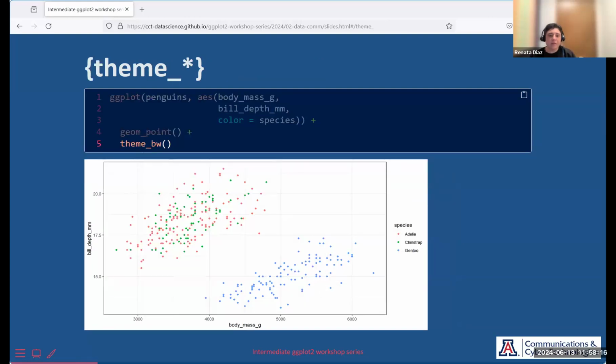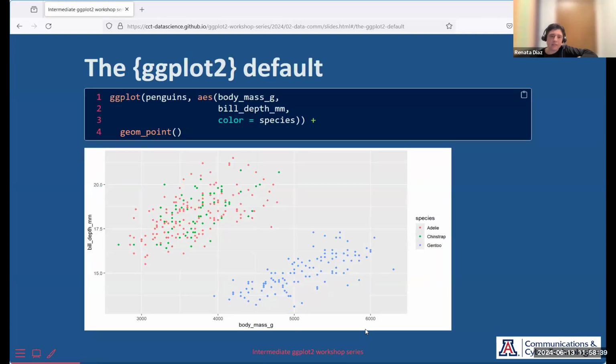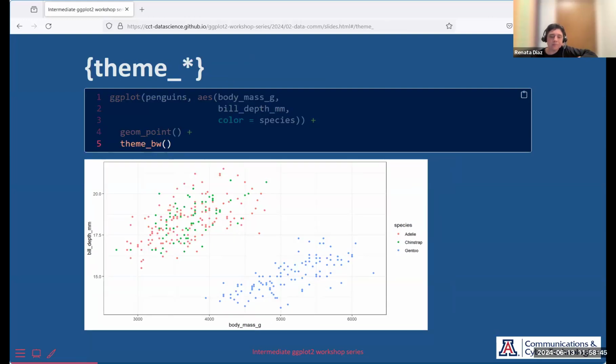You can use these pre-baked theme functions to modify a plot to make a bunch of changes all at once to the base way the plot looks. One I've used a lot in my life is theme_bw, which stands for black and white. It changes a whole bunch of things. It gets rid of the gray background. It inverts the axis grid colors from white to black. So you can do these fell swoop changes to the plot with just a single theme_bw that you add to a plot